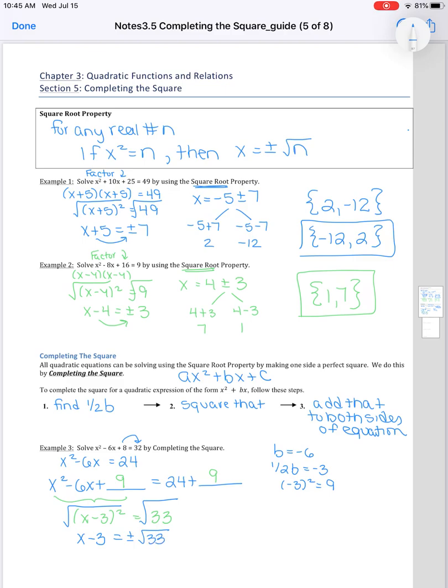Now we can go with the square root property in order to simplify, but you need that initial step first. I'm going to take the square root of both sides. I get x minus 3 equals plus or minus radical 33. Then I'm going to add 3 to both sides. Again, the number goes in front. For these, you can split them up, but because you have the square root and you can't do anything else with it, you can just leave them together and write 3